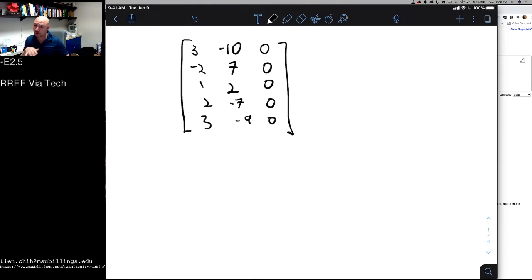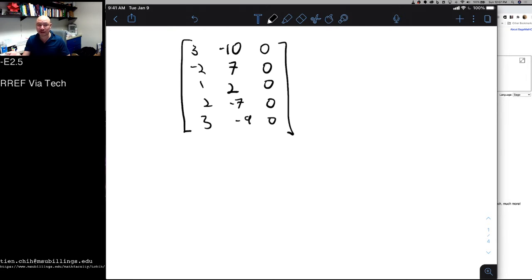I certainly don't want to start, say, by dividing everything by 3's and negative 2's or 2's and 3's to get leading 1's. I could rearrange these rows a little bit, but this is going to take all day, even if you use the slickest methods possible to find this reduced row echelon form, and I just don't want to, right? And so,